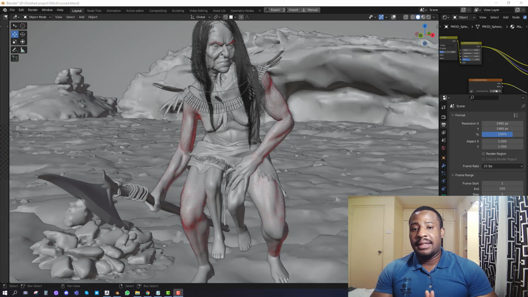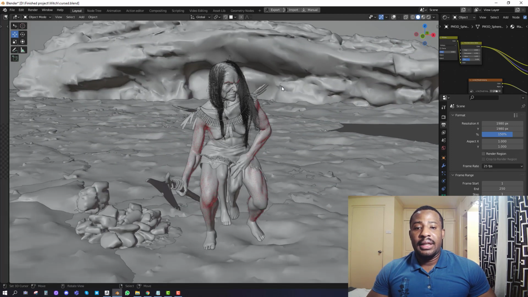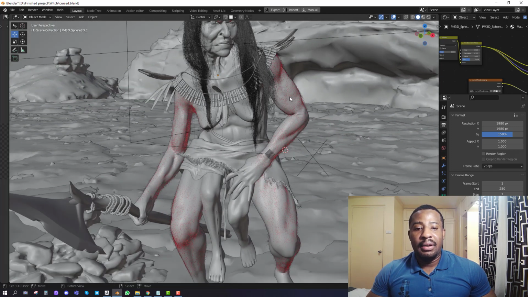So I might be biased here since I use ZBrush primarily for my sculpting, though that doesn't take away from the fact that I've used Blender for close to 12 years and I've used the sculpting tools once or twice to try to achieve what I do in ZBrush, especially since Blender is free and you don't have to pay for anything. So of course I've tried it out, and definitely I think in this category ZBrush is going to outweigh it, and I would outline the reason for that.